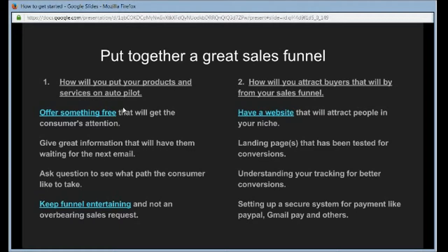But if you're doing something like, say, a free class that doesn't have an affiliate program, something that you're offering from your company per se, then you need to have something set up like PayPal or Gmail Pay or direct bank deposits or something of the sort that's secure for your patrons, so they know that you are a trusted source.